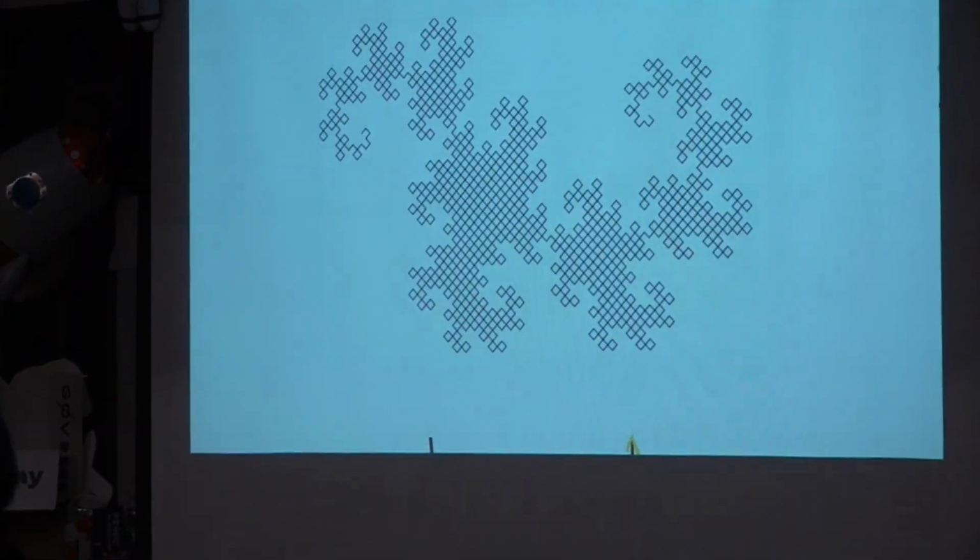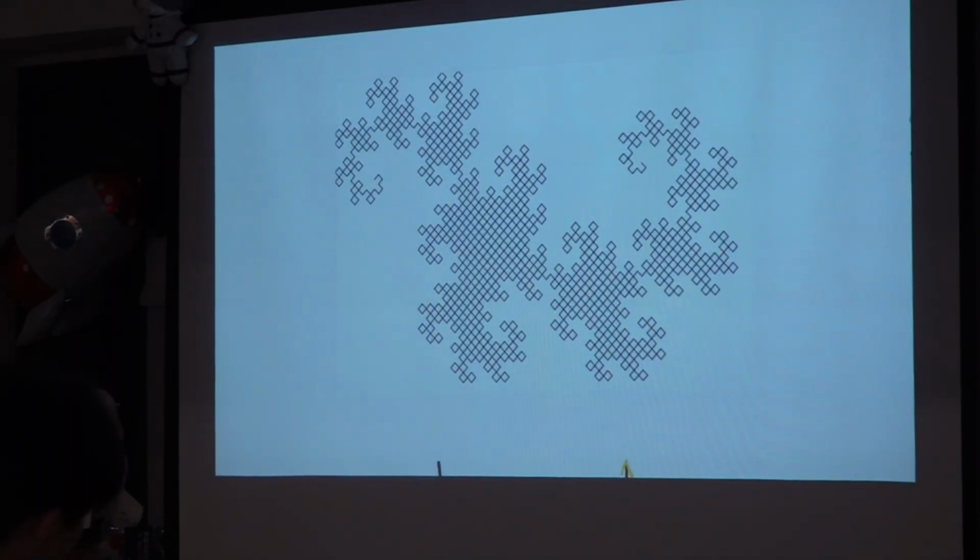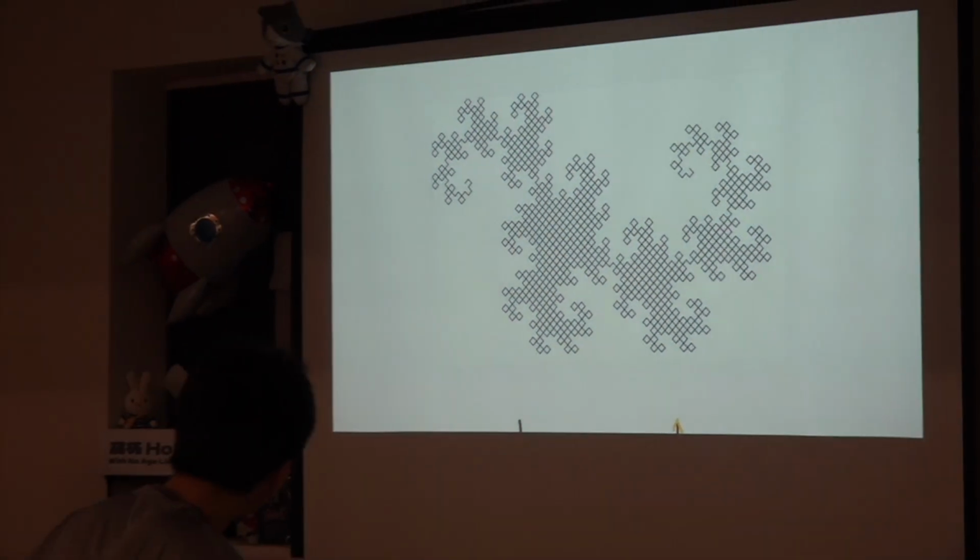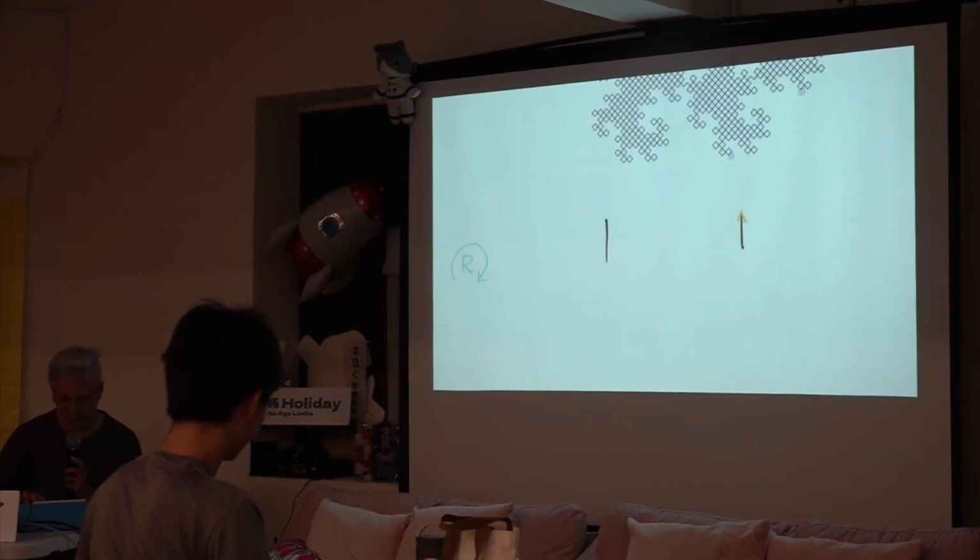Okay, so first to start with, let's talk about the dragon curve. It is perhaps one of the most well-known recursive curves. So this one is perhaps a level 12 dragon curve. And how was this generated? There are actually 2 ways to